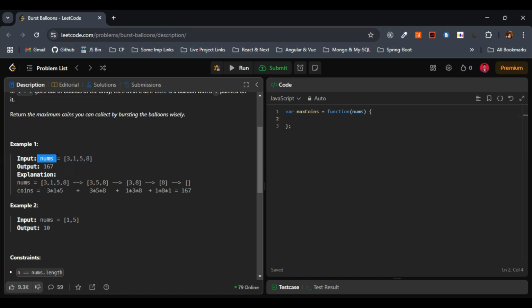When we burst the ith balloon, we will gain coins equal to nums of I minus 1 into nums of I into nums of I plus 1. That is the previous one, the current one, and the next one. So when I say nums of I minus 1, nums of I and nums of I plus 1, I am speaking of